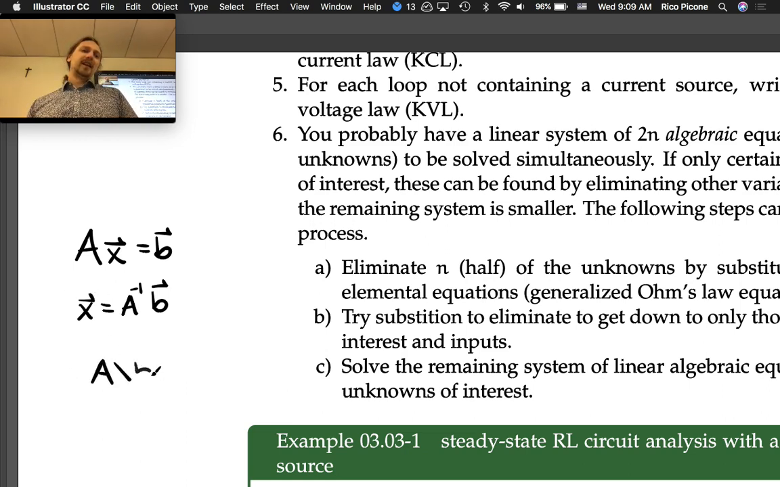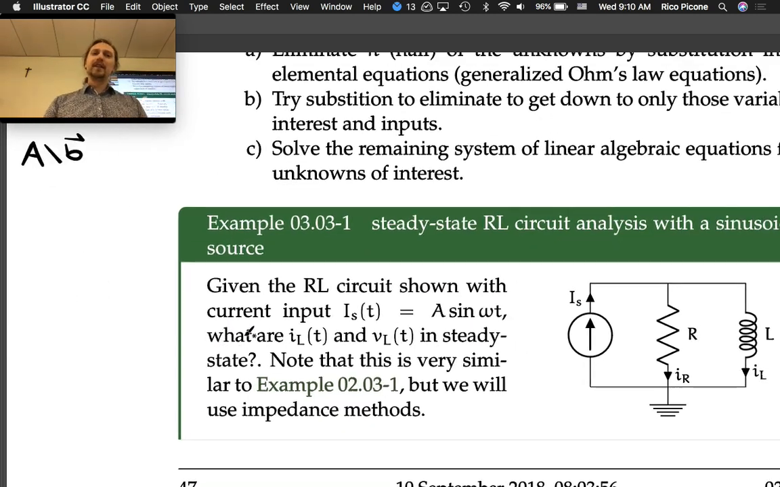If you want to do it in MATLAB numerically, I think that's \B. Yeah. It's the efficient one, I guess. Okay, so this is